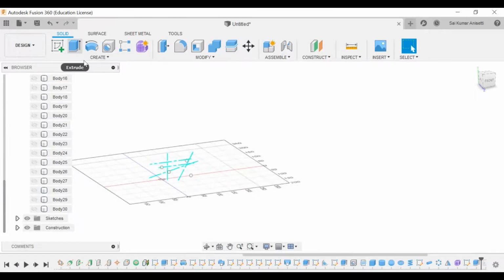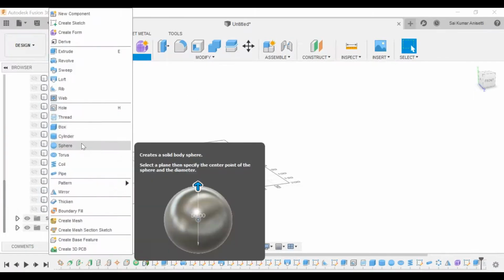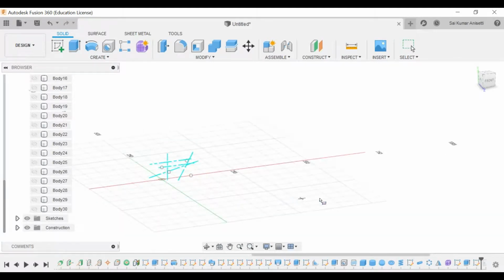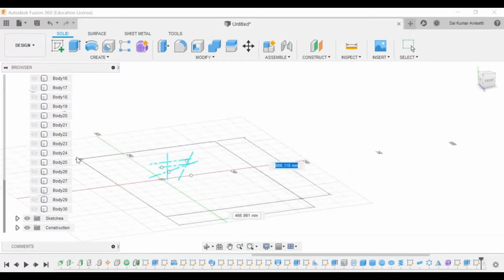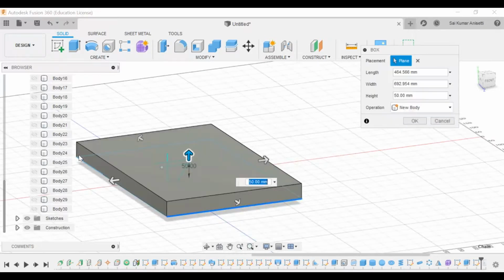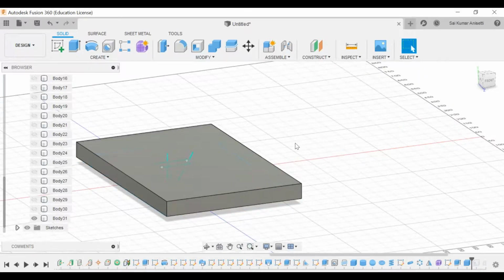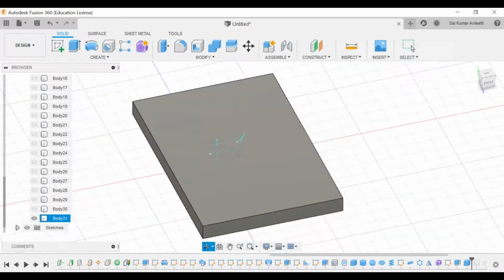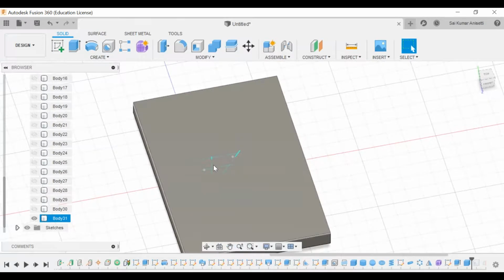Quickly go to drawing. You need to add a PCD circle and also control it.